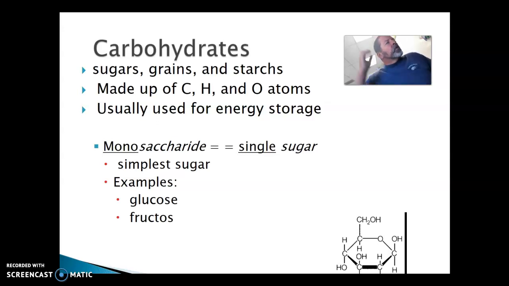All right. Carbohydrates, one thing that you're going to want to copy down is the suffix. Remember, that's the second part of a word. Prefix is the first part of a word. The suffix saccharide. Okay? That means sugar. So monosaccharide means one single sugar, a simple sugar. Okay? And then you've got disaccharide, that's two. Table sugar is a disaccharide, fructose and sucrose bonded together. And then you've got